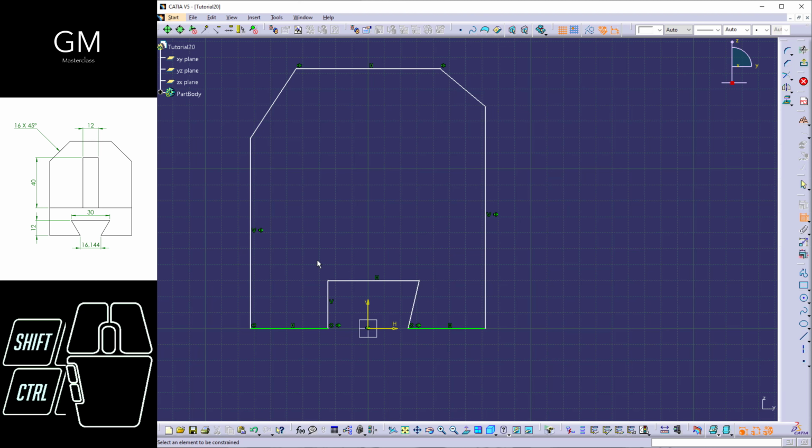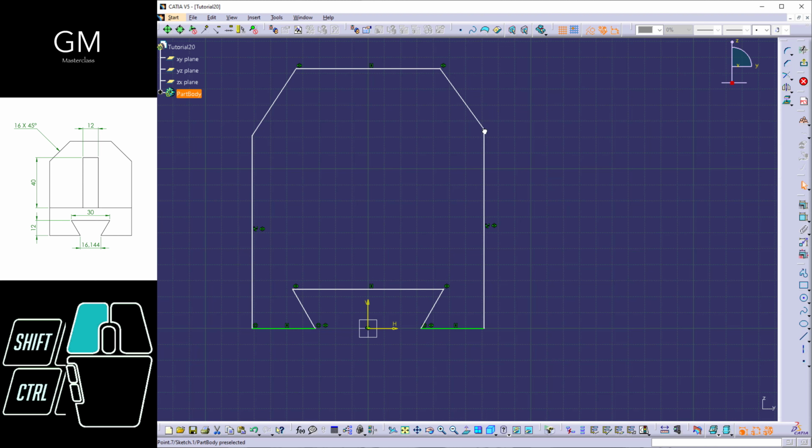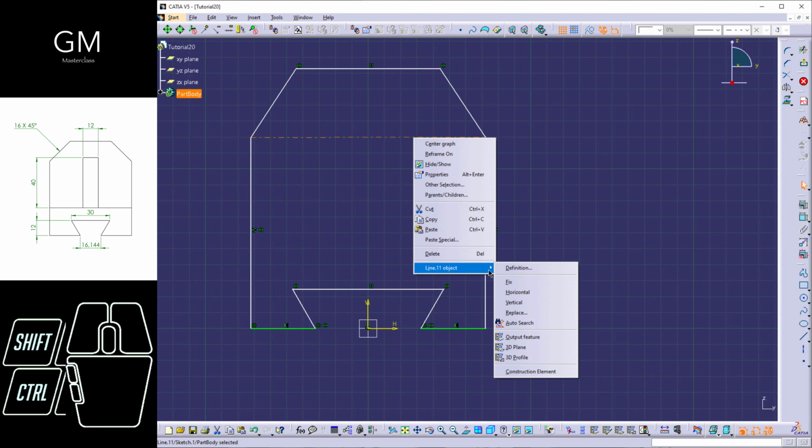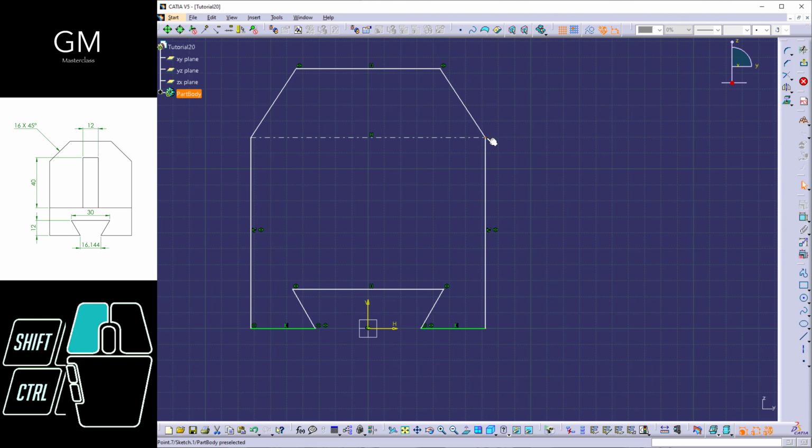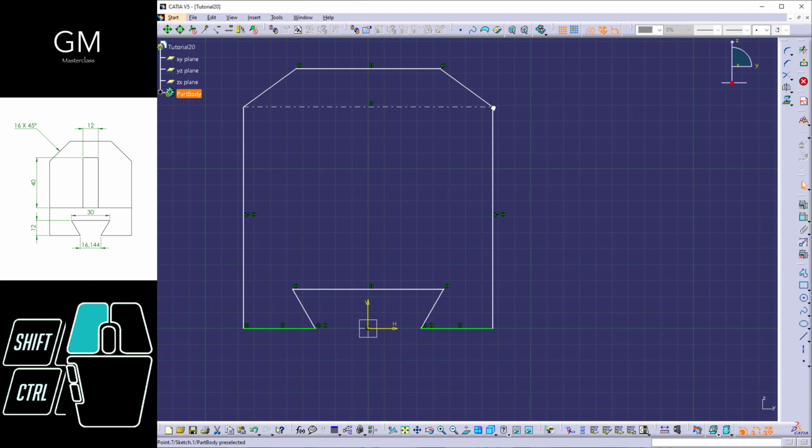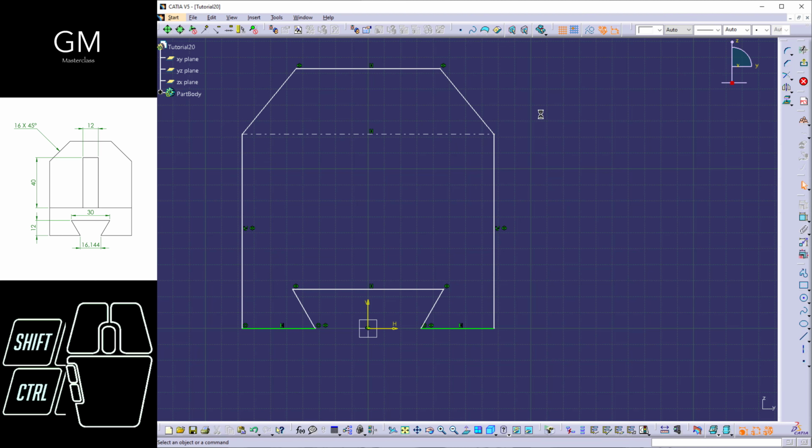All right, so right here I have this. I'm going to say that between these two there's going to be a symmetry line. There's going to be this one. This is not going to be necessarily vertical, so I'm going to delete this constraint. Right here I have what could be what I need. Then I'm going to say that between these 2 points there's going to be a line, and that line is going to be horizontal for me to be sure that between these 2 points there is going to be the same length. All right, then all we have to do is to start defining our